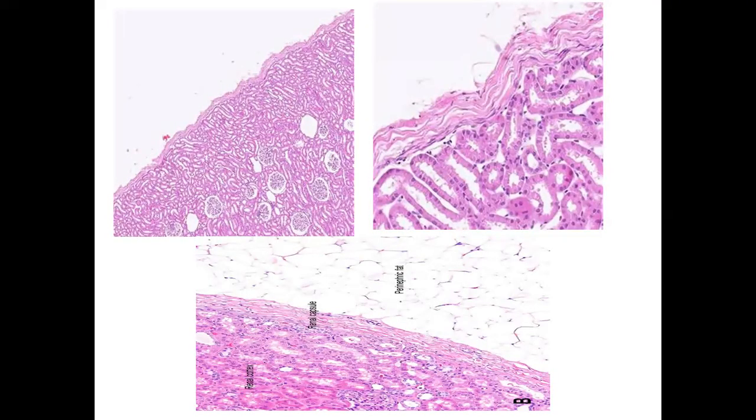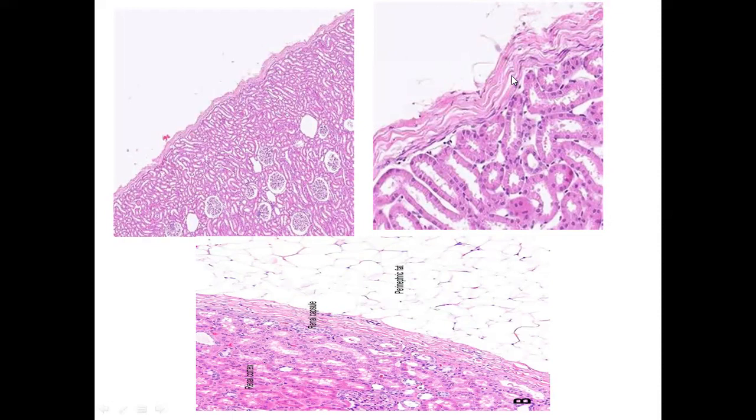If we look at the histological features in all these three micrographs, the low magnified panoramic view, the area where the cursor is moving is showing the outermost component where the collagen fibers are present, a component of the capsule made up of dense irregular connective tissue. If we magnify that part, you can easily distinguish the layered arrangement of the collagen fibers and, in between them, the basophilic nuclei representing the fibroblasts. This is the connective tissue capsule, which in this particular organ is termed the renal capsule, or kidney capsule.